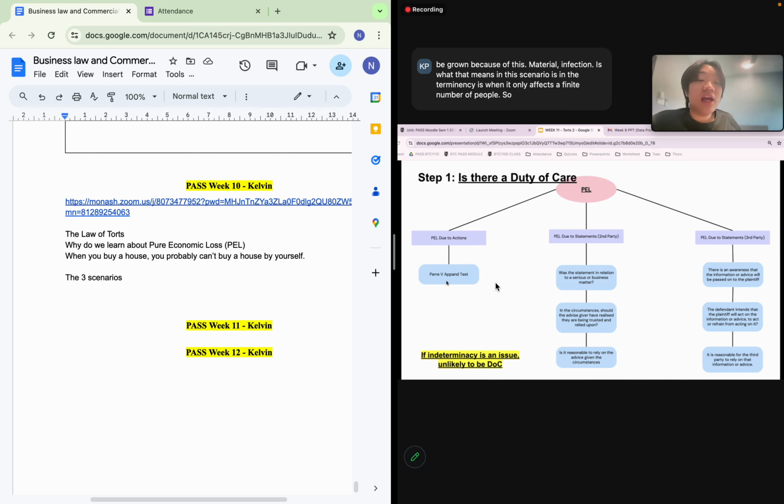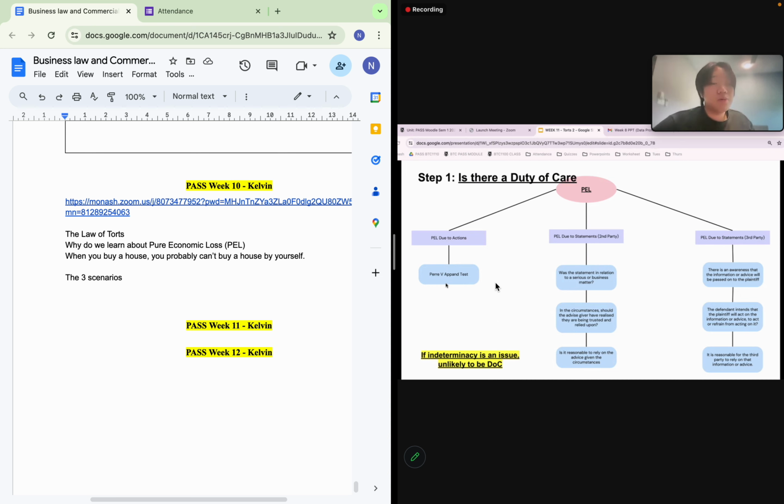For example, if instead of affecting only 20 kilometers, it affected the whole of Australia, then we would say it is indeterminate, because we can't determine how many people actually become affected, because it's too broad. But if it's only within a 20-kilometer radius, we'll be able to count it. We'll be able to determine how many actual physical people